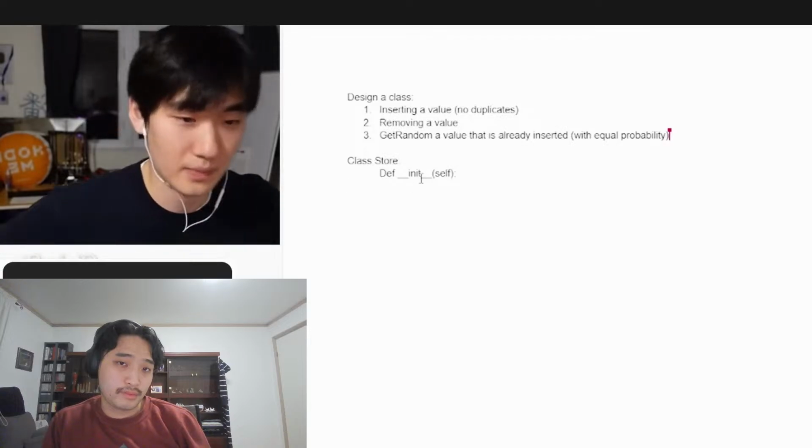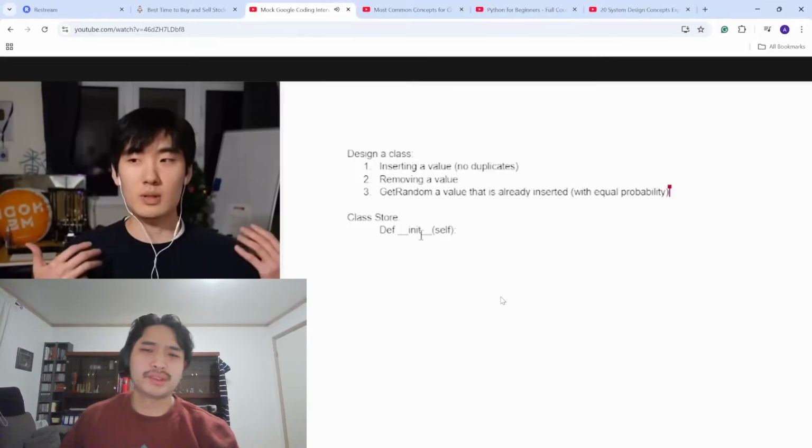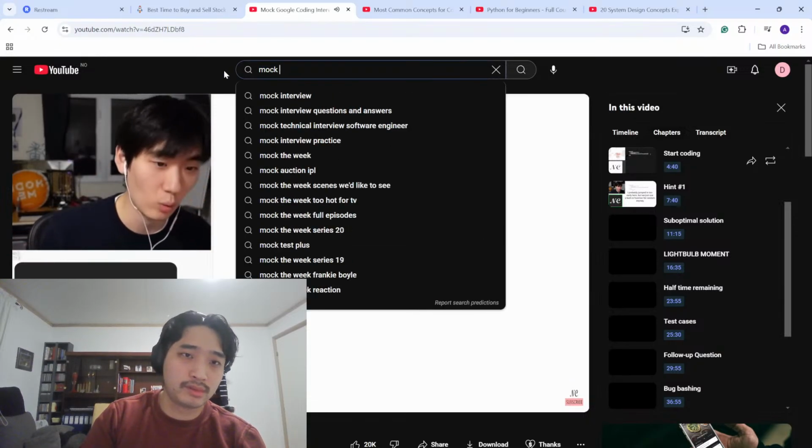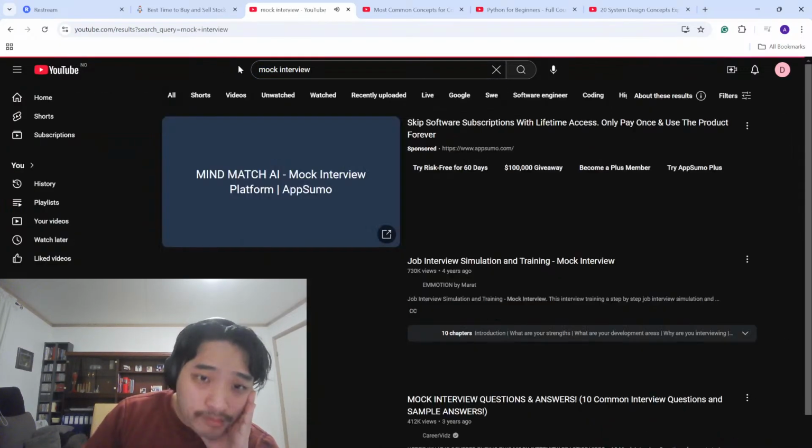So, here we go. What are the variables? I've seen this, so I have to do inserting values and removing values, so we need a data structure to store these things. So let's think about